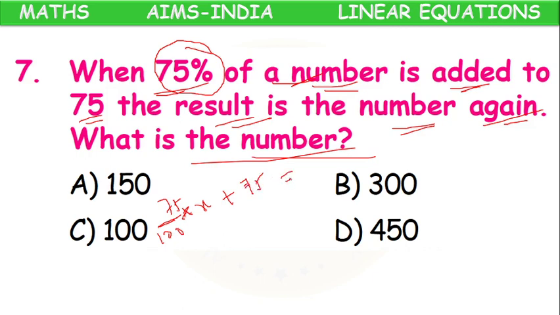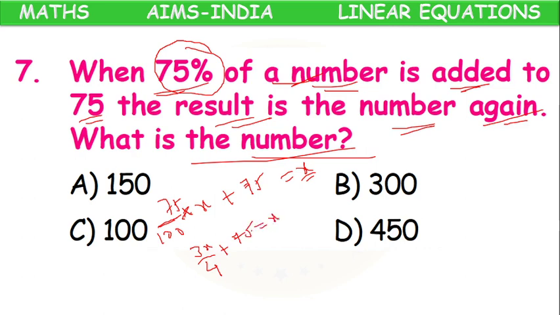The result is x again. We have to find the number. Okay. 75 by 100 means 25 3 times, 25 4 times. We can write it as 3x by 4. 3x by 4 plus 75